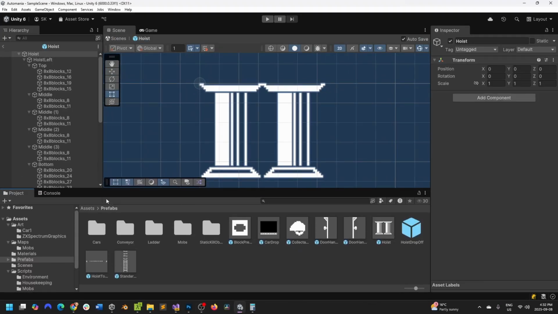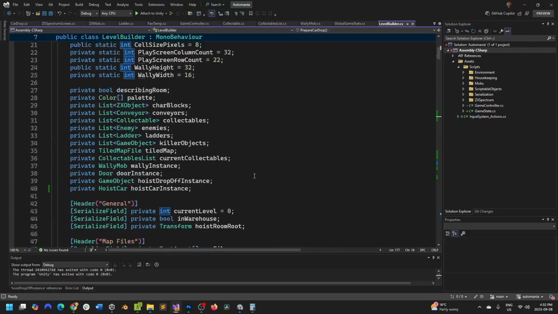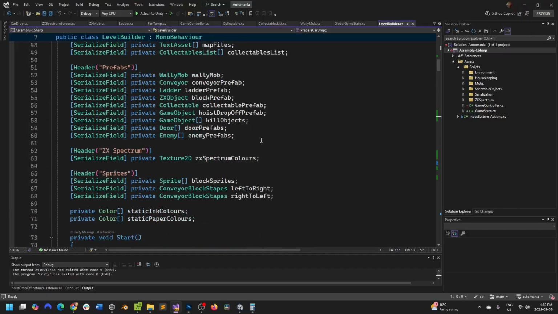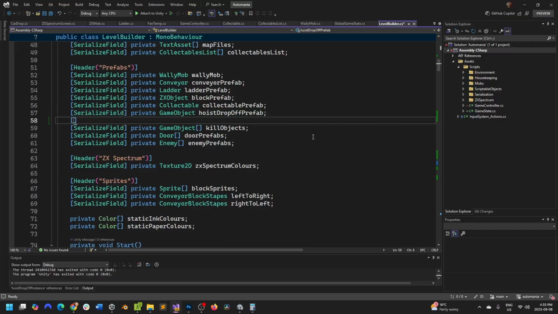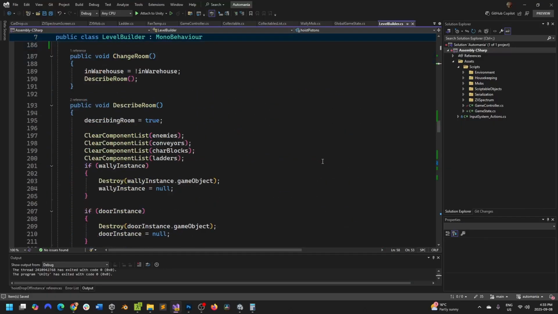Right, now that hoist is fixed, we can add it to the game. So if we go to our level builder, do we have hoist? I don't even know if we have hoist here. This is the prefabs. Hoist drop off prefab. And then let's call this serialize field, object, hoist pistons. And I'll do that inside our